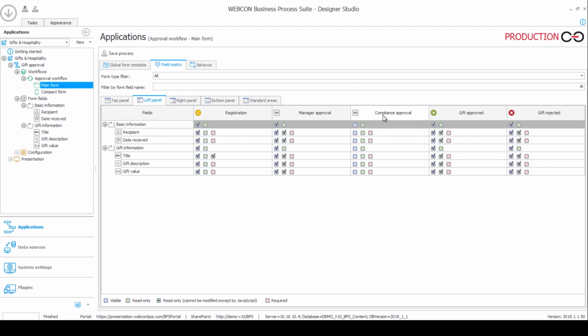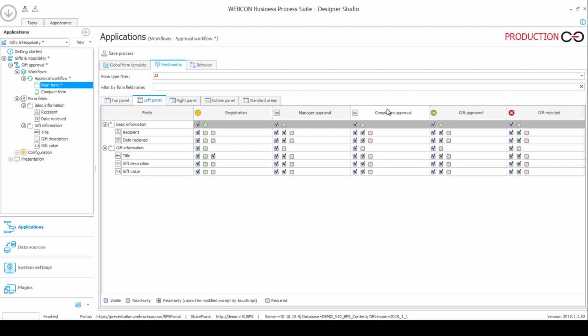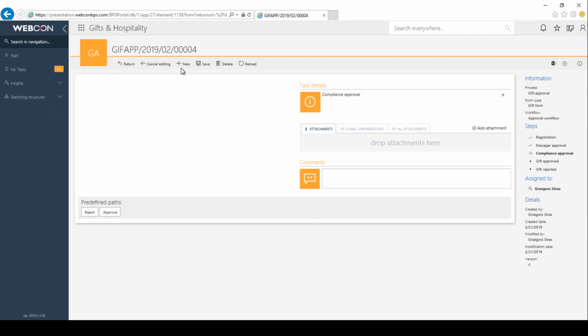So what I'm going to do, I'm simply going to copy the settings from the manager approval, because the guys in compliance approval, essentially their job is pretty similar to the manager. They only have to hit approve or reject. So let's give them the same view that the manager has. I'm going to hit save, go back to the site, hit refresh,